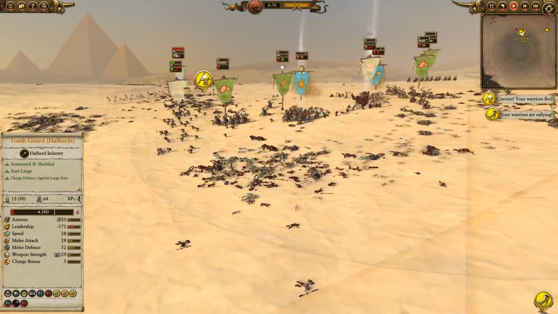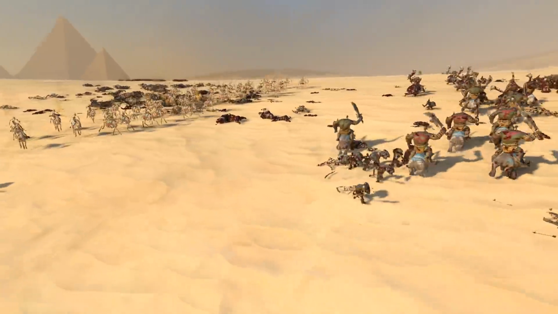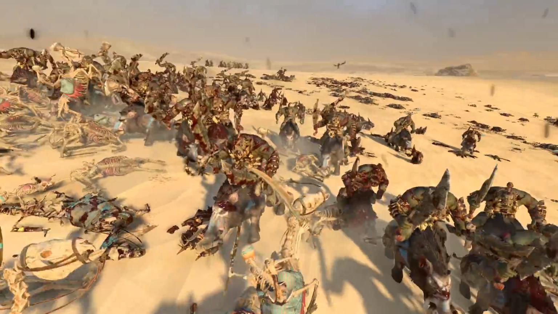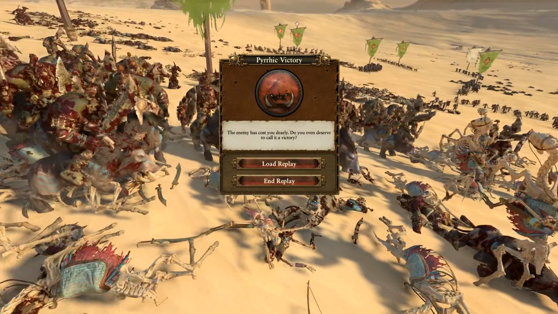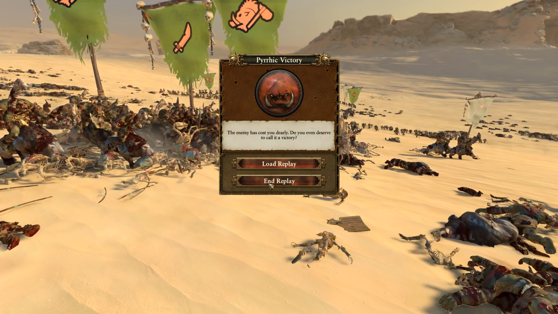These Savage Orc Boar Boys are cleaning up the last of the units up on top of the hill, and that should pretty much be army losses. These Skeleton Horsemen Archers are the last unit to go. Dutch Skink did a great job keeping them out of harm's way, but unfortunately, they can't contribute much